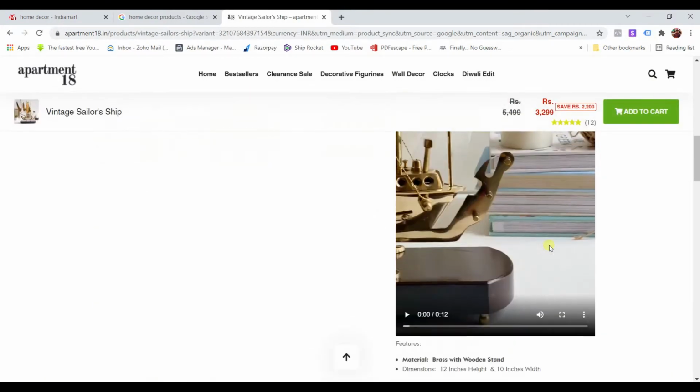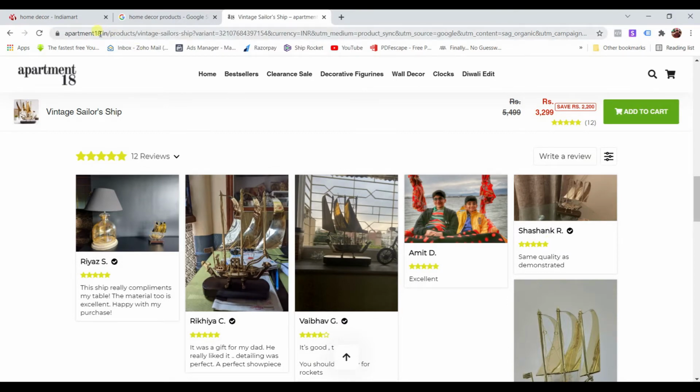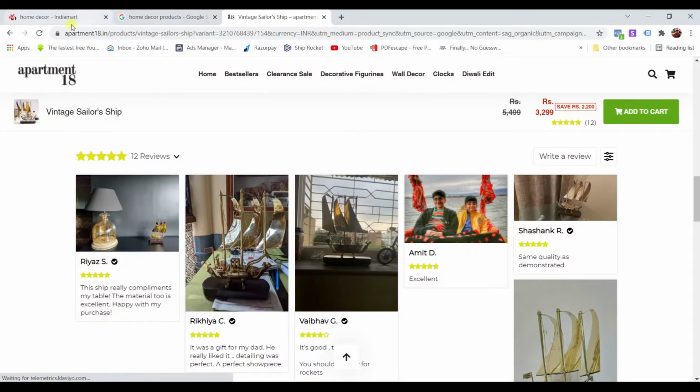And this is a Shopify store. If you see the URL as the domain name slash product and the name of the product, this is 99% a Shopify store. I mean, you can figure it out from the link, right?